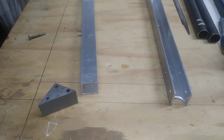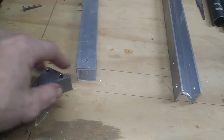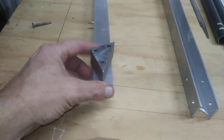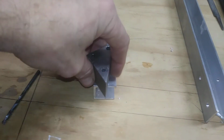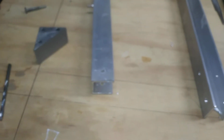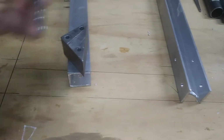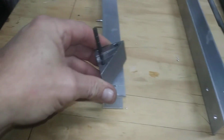Now, when drilling these holes through the U-channel, it's important that those holes go straight through both sides. And I have a drilling jig here that's drilled right to size for the drill. The drill doesn't wobble. What I do is I put it over that mark. First I'll center drill. First I will put a little center in that, and then set that on there, drop the drill down in it,